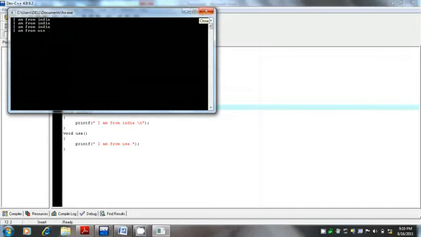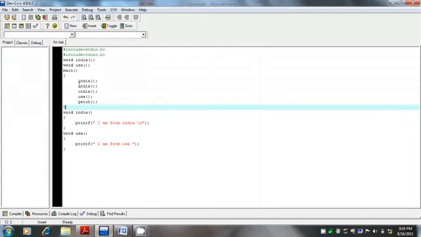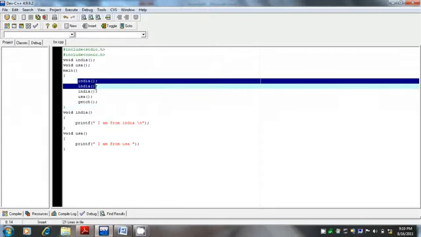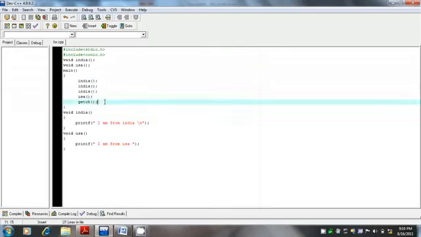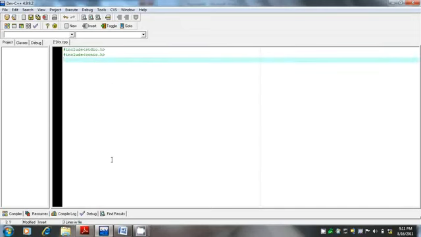So you can clearly see the use of function. It saves a lot of time and programming space. Okay, in the next program I'm going to make a complex function. Say void sum int.